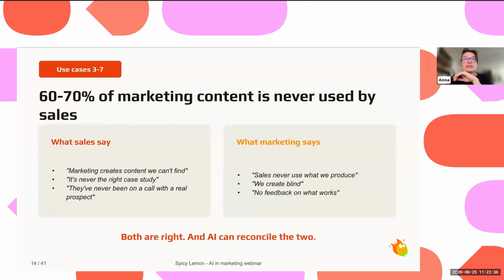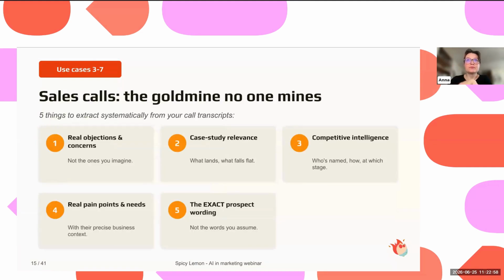A third use case, I really love this one, is reusing content from sales in marketing. So as you know, right now in lots of companies, sales calls are transcribed. They also have very polished CRMs, and our goal is to make work as many agents as possible on those sales calls to generate content for marketing teams. So we can do lots of things here. I just give you 5 use cases that could allow you to reuse those sales calls.